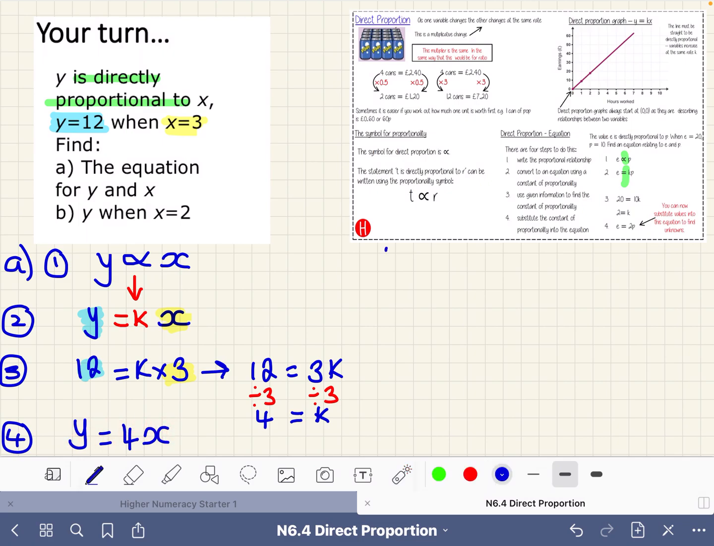Part B, we use y is equal to 4x to answer the next part of the question, where they have told you that x is equal to 2. So x is equal to 2. That means we have y is equal to 4, not times x now, but times 2, meaning that y is equal to